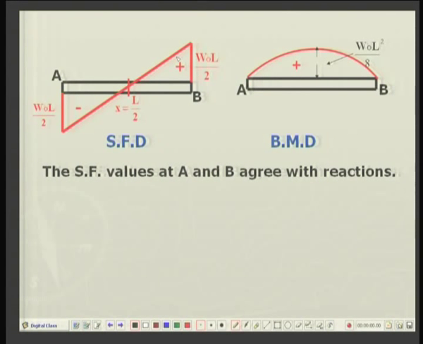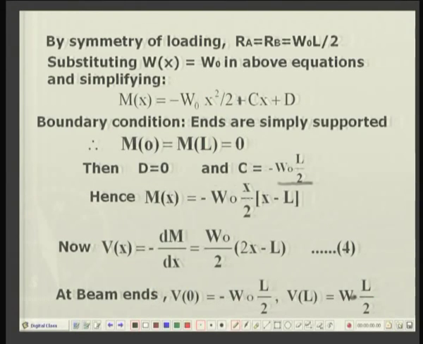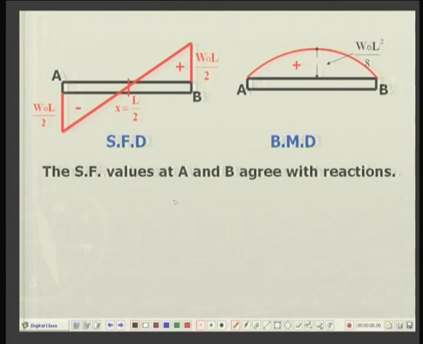And secondly, when we plot the bending moment, we have seen that at both the ends the bending moment is 0. So, it starts from 0, you can see that bending moment is 0 at both these ends. And this term will be x square by 2, so there will be a parabolic term. The shape of the bending moment diagram will be parabolic between A and B.